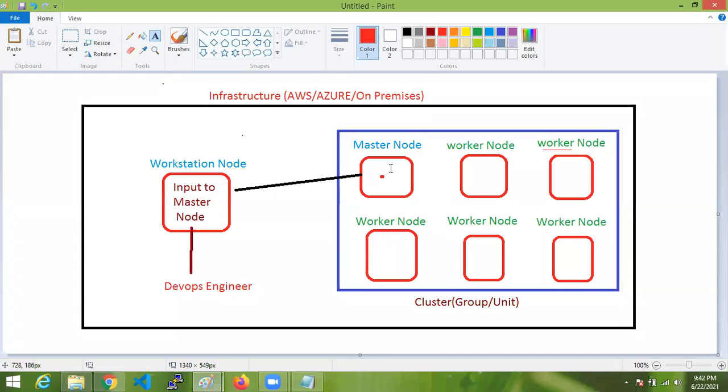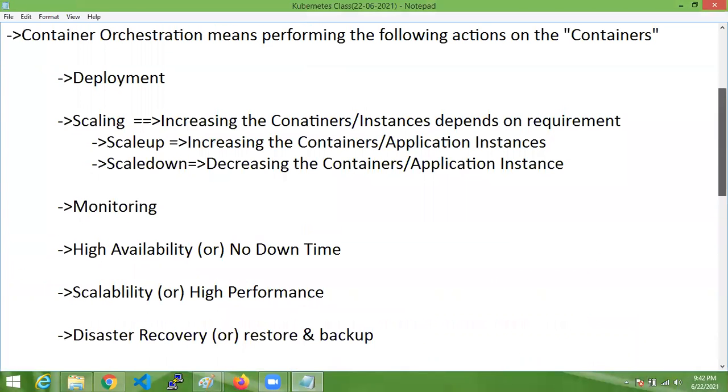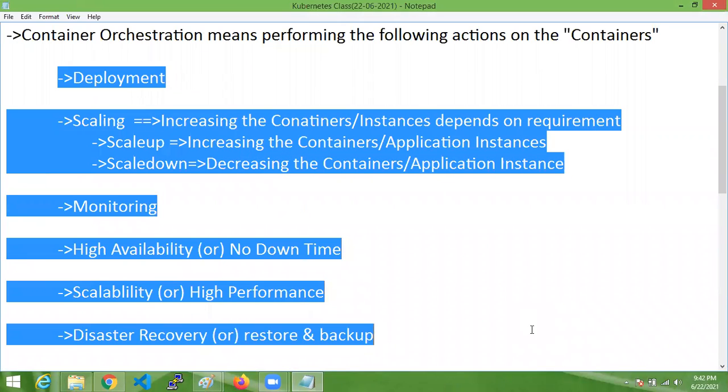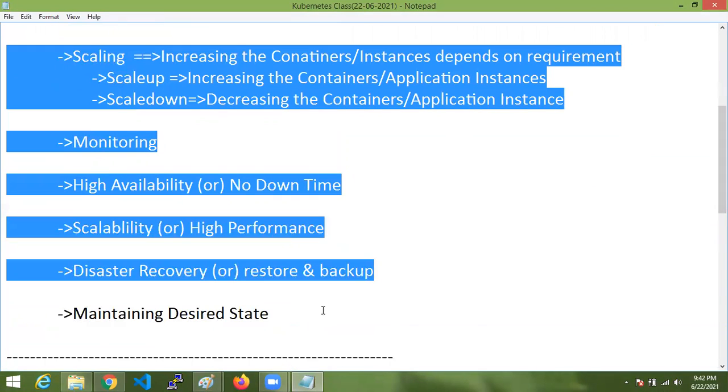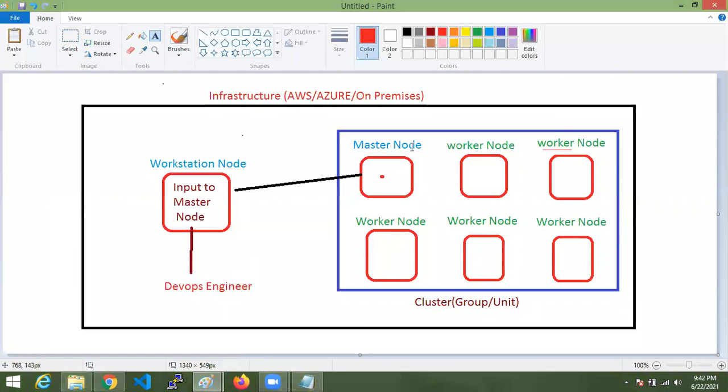The master node will control the complete cluster. Deployment, scaling, monitoring, everything I'm saying here will be done by the master node only, by giving input to the master node by the DevOps engineer. How do we give input?